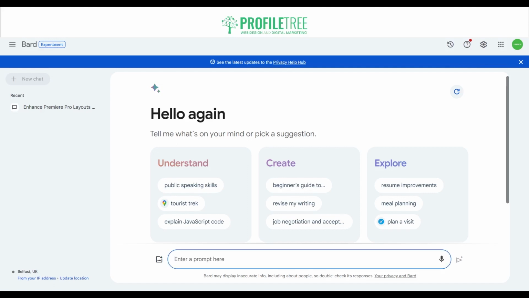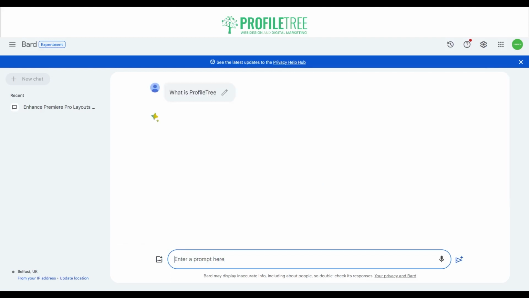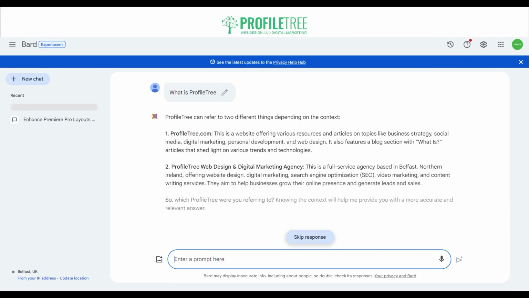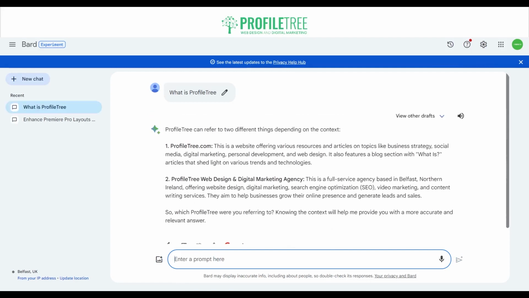So if I just give it a question, what is profile tree? Now, it should search it up. So here we are. You can see that it searched up two things. So profiletree.com and Profile Tree Web Design and Digital Marketing Agency. So that is both ours anyway.